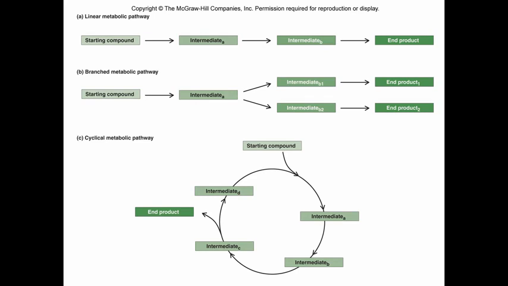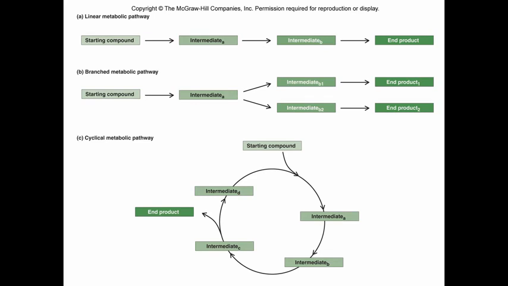You could have branching pathways where you get to a point and suddenly they can go down one of 2 or 3 or 4 different pathways. We can use it over here, we can use it here, we can use it over here. This is like when you go to Costco and you buy a rotisserie chicken. You get that rotisserie chicken home, you can do like 20 different things with it. It's all about how you want to recombine it, okay? Whatever's left over, I make it food for my dog. I do 5 different things with that rotisserie chicken. It's all about how you use it. Same thing happens in a branching pathway. We know we've got one thing in common, but then whatever else happens with it in the end makes different end products.